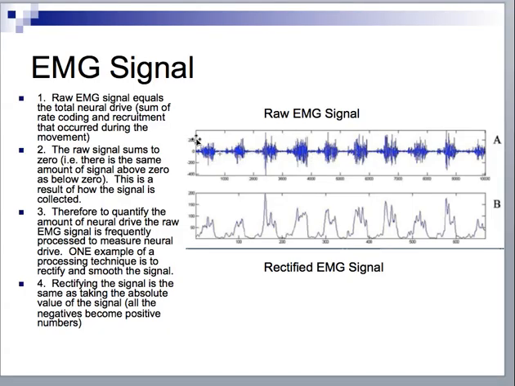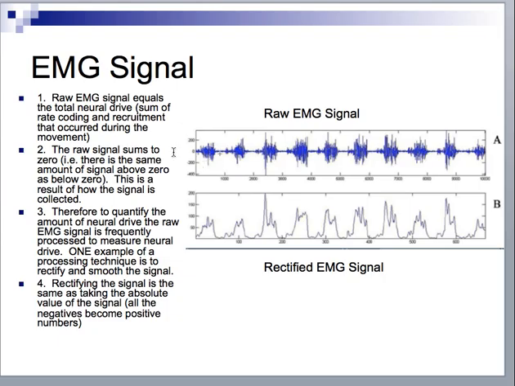The signal itself is a function of how the electrodes are set up, and they measure the difference between two reference points. That gives us a differential signal, which means it's recording an equal amount of positive and negative voltages. What we're really interested in is just how much activity there is in general when we look at the EMG,